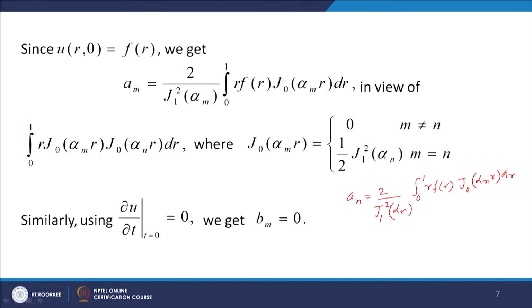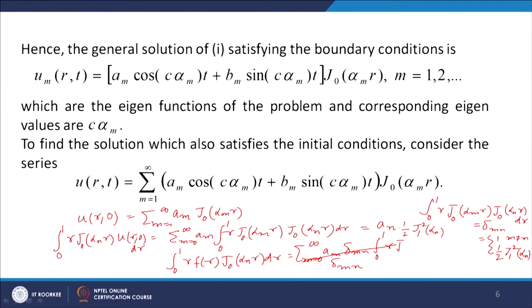Similarly, using the partial derivative of u with respect to t at t equal to 0, we get B_m equal to 0. You see, we differentiate this with respect to t, so we will have here a_m minus sine c alpha_m t times c alpha_m, and then B_m cos c alpha_m t times c alpha_m, and J0(alpha_m r). When you differentiate this with respect to t and put t equal to 0, the cos term will become sin, so this term will vanish, and here we will get the sum over m equal to 1 to infinity